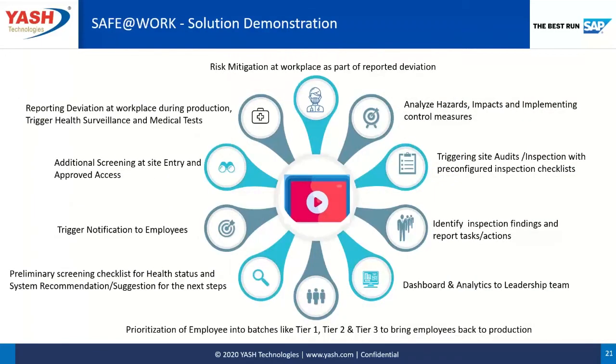I think the time really doesn't permit me to go into the dashboard, but I'll quickly cover a couple of other things which are interesting in the case study. But again, the whole solution is available on the S4HANA platform, and I can run you through the dashboard and quick analytics. And again, this is a complete storyline. If anybody feels we need to spend some time, we can have a separate discussion and go into a detailed demonstration, or a quick 15-20 minute conversation to run you through the entire solution screens